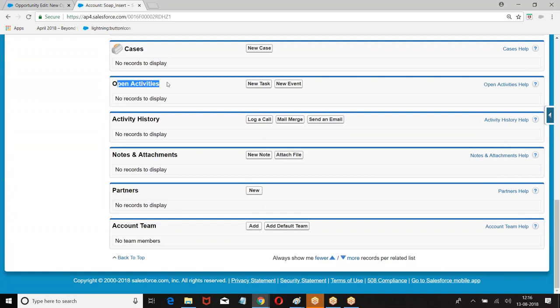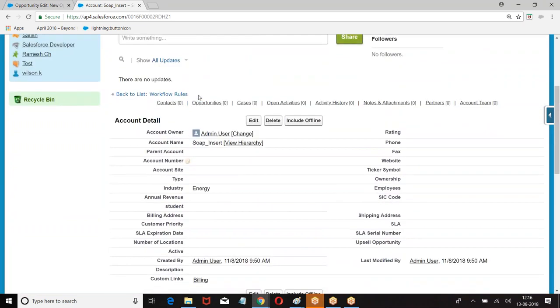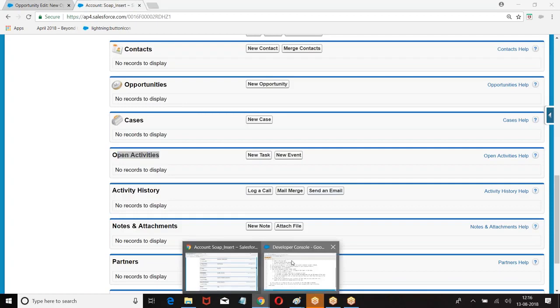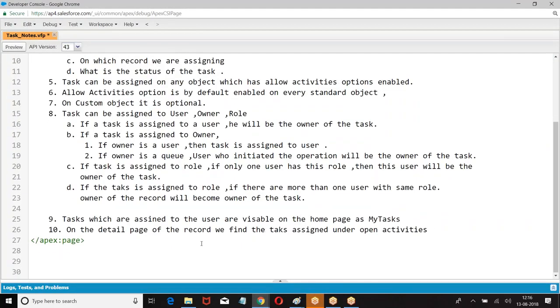Open activities. On the detail page of the record, under open activities, you can find the tasks assigned.